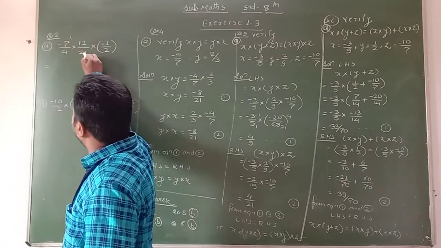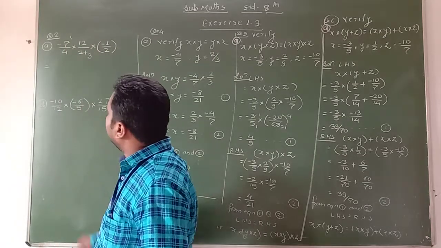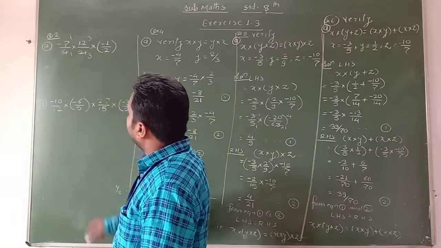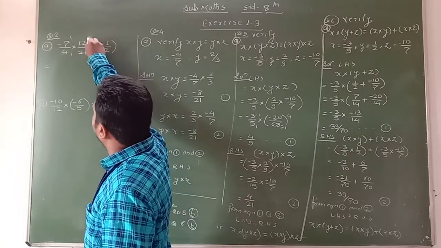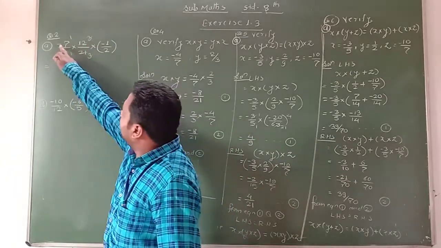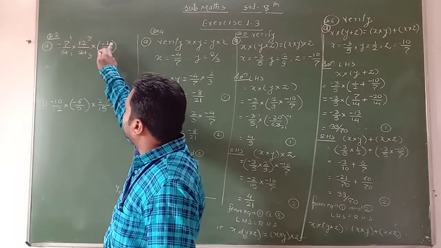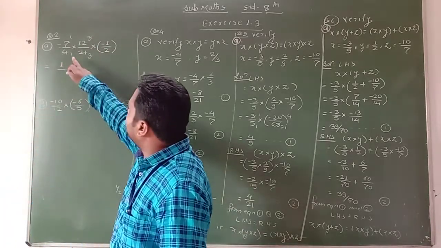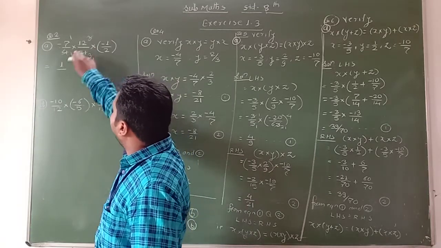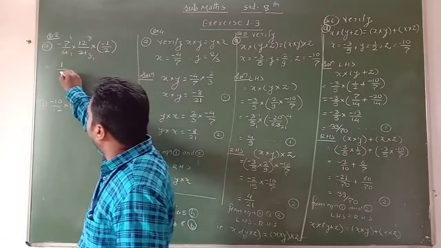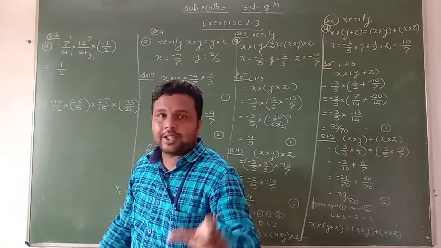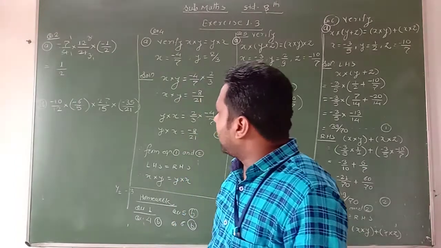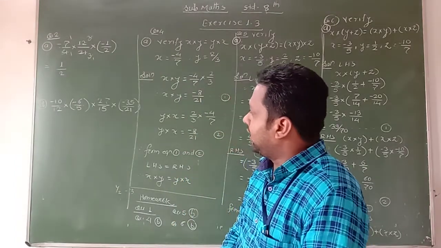Therefore 7 ones are 7, here we get 7 threes are. Clear? Then 4 ones are 4, here we get 4 threes are. Again 3 will cut, 3 ones are 3, 3 ones are 3. Now what is remaining here? Minus 1 into minus 1, that is 1 in the numerator, and in the denominator there is 1, this is also 1, and 2, 1 into 1 into 2, that is 2. Therefore this is the product of the given rational numbers in their simplest form. It is very easy, multiplication of rational numbers.